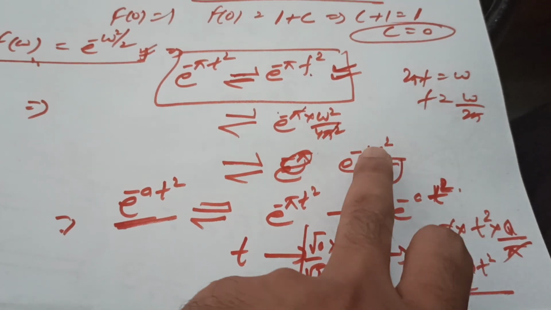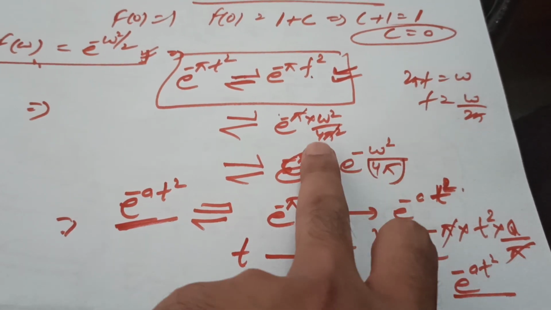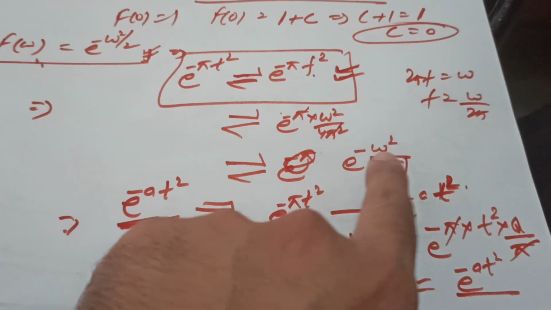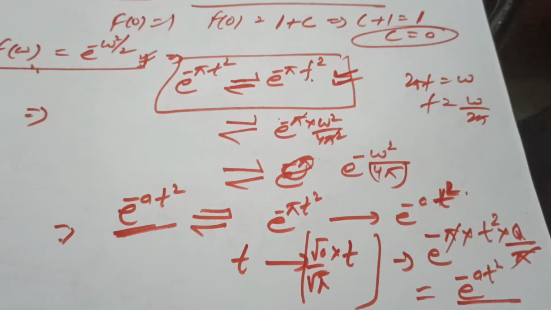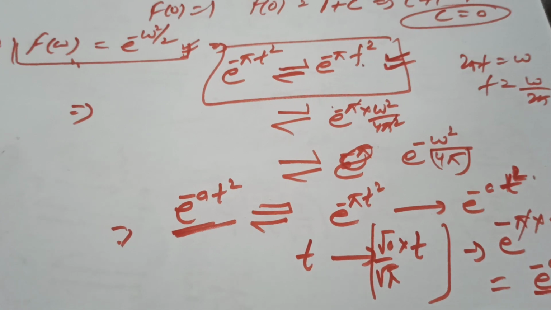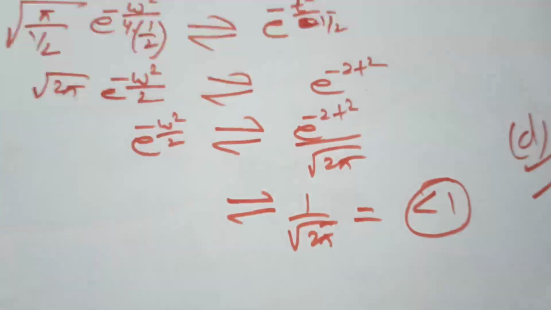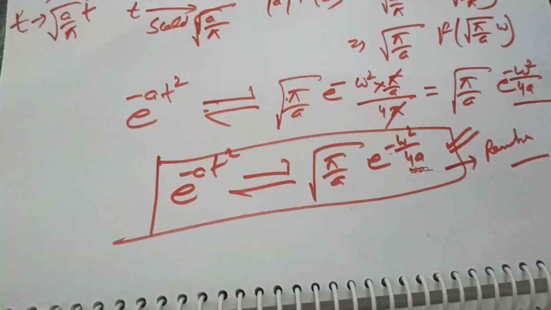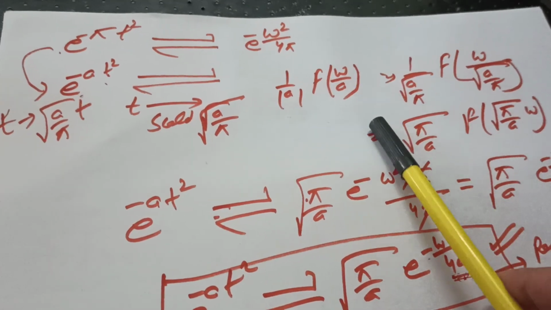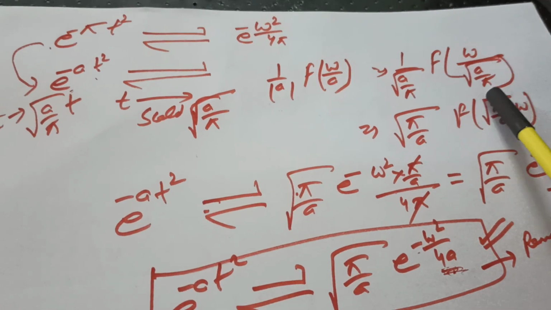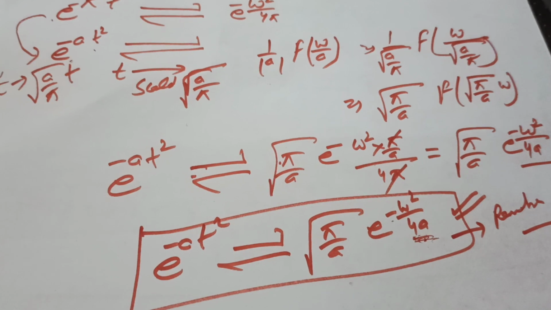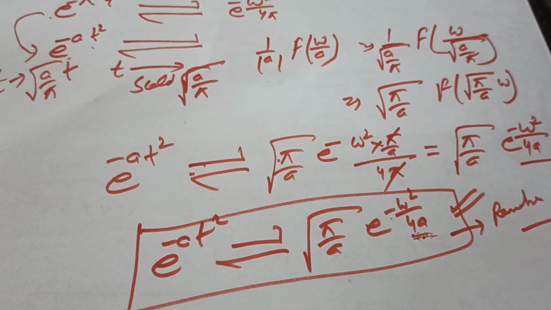So in the Fourier domain it becomes omega by a and 1 by a. So it is 1 by a, so it is under root pi by a, and omega by a is omega square upon a, and pi goes on the numerator. Are you getting it? This is what I was talking about. 1 by a, f of omega by a, this is it, f of omega, this goes on the numerator. Okay, so this is under root pi by a, f of under root pi by a omega.